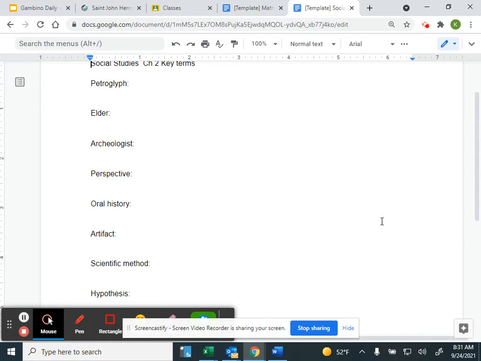Then 7,000 to 5,000 BCE, so that's like 8 to 9,000 years ago, the large mammoths and mastodons became extinct as the climate grew warmer and drier. People then hunted other animals like bears, elk, deer, beavers, fish, turtles, birds, and giant bison. These animals thrived in the warmer climate. So did the plants that produced nuts and fruits. People's diets during this time were more varied than they had previously been.